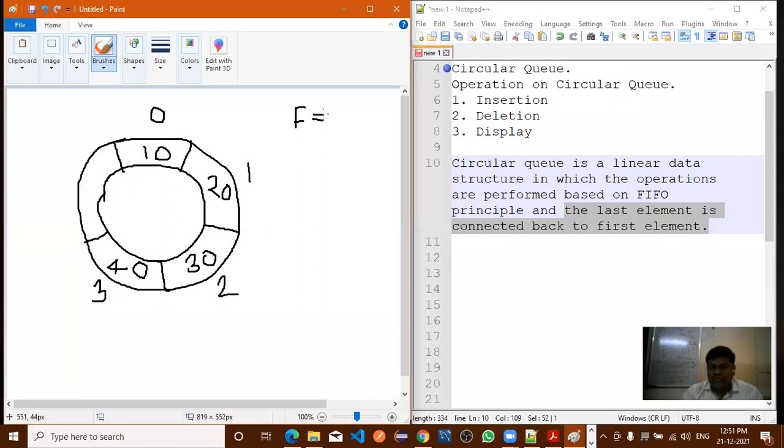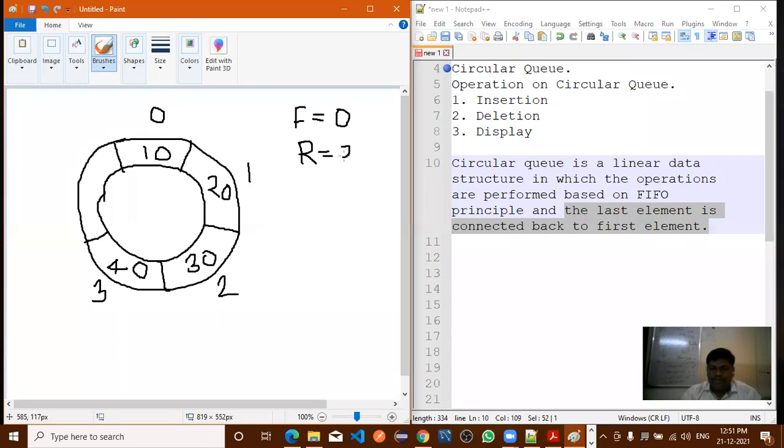Zero. And we are inserting the element by using which pointer? The rear pointer.